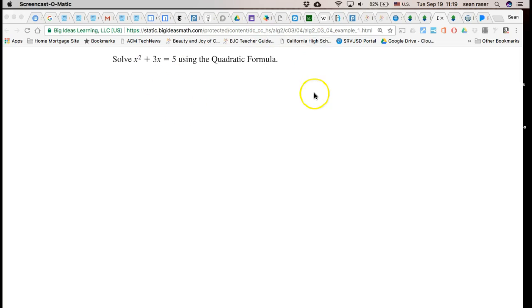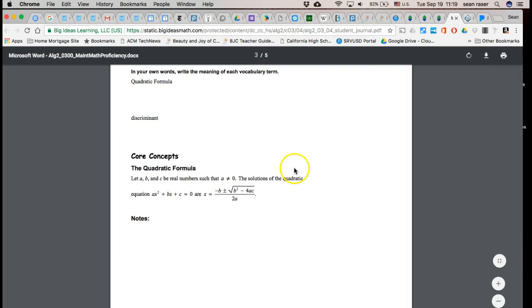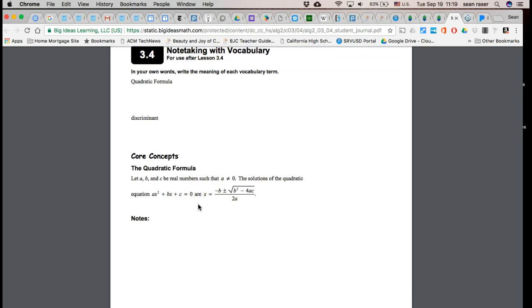So before we show an example of that, let's look at the quadratic formula. You should all write this out in your notes. You're going to want to have this written down. The quadratic formula works when you have a quadratic equation that's in standard form, so ax squared plus bx plus c equals 0. This is key right here. If your equation is not in standard form, then these values will not give you the right solution. So you always have to make sure you get your equation in standard form first, which is equal to 0,